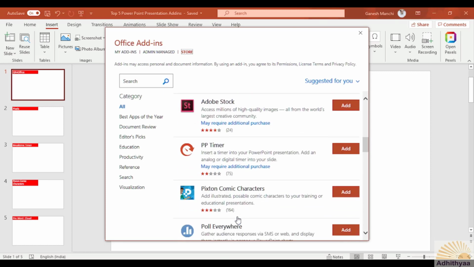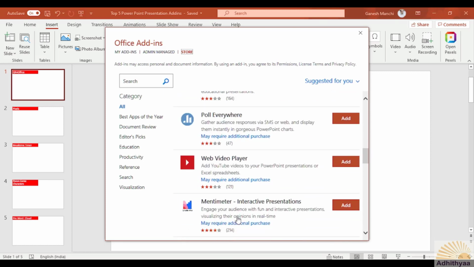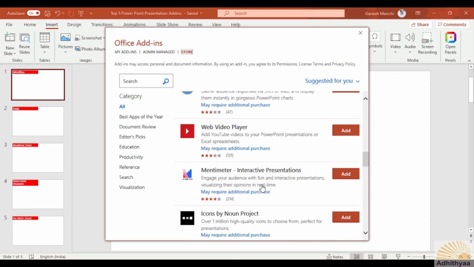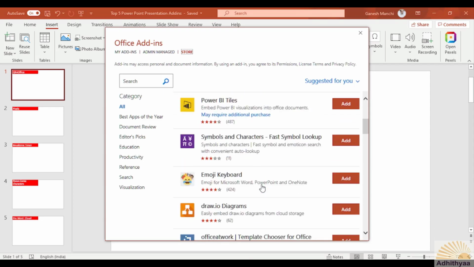There are some add-ins which are available for free, many for that matter, and there are some add-ins which require an additional purchase. Depending on your need, you can just browse through and choose whichever you want.